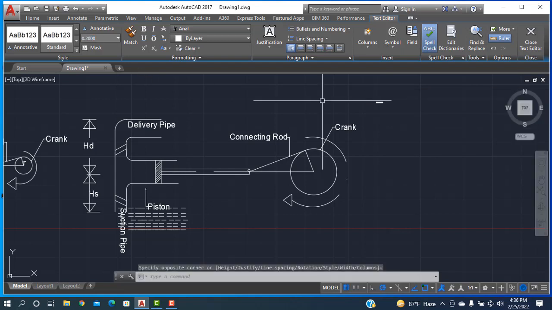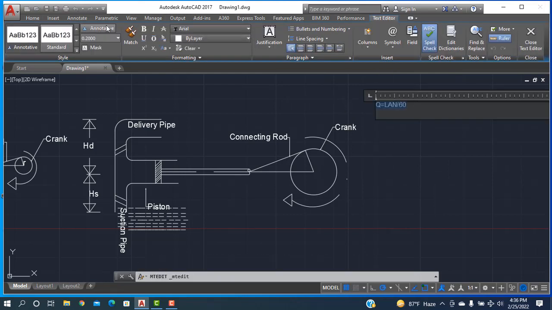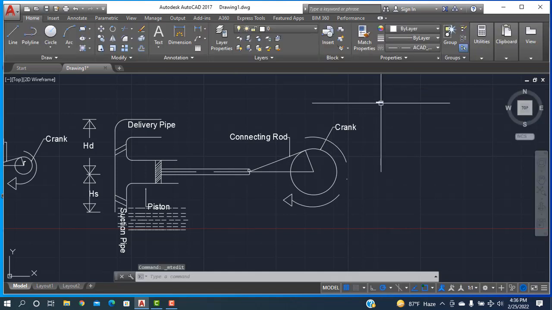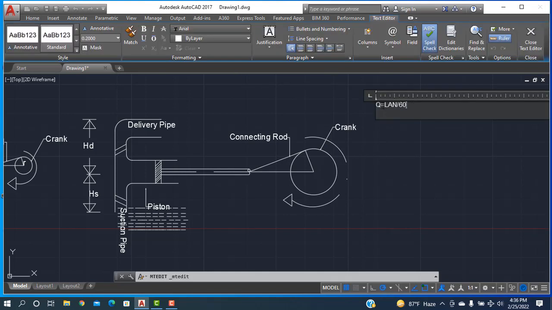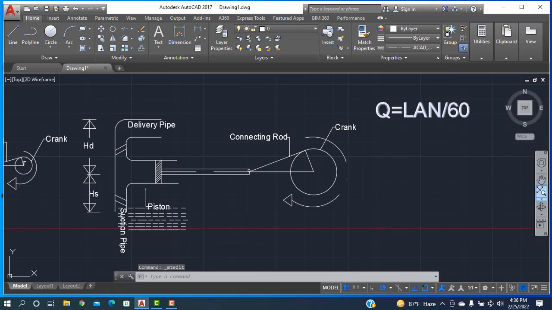Okay, then enter. I can click here, and I'm taking this one as 1. So very low, I'm taking this as 2. It's okay. Then I can take another second, and total head will be